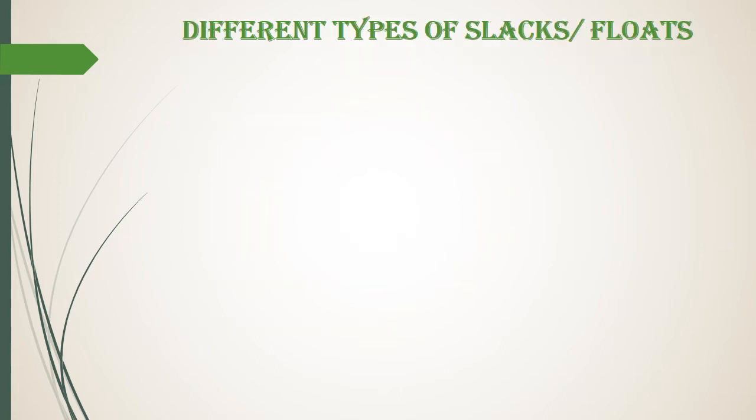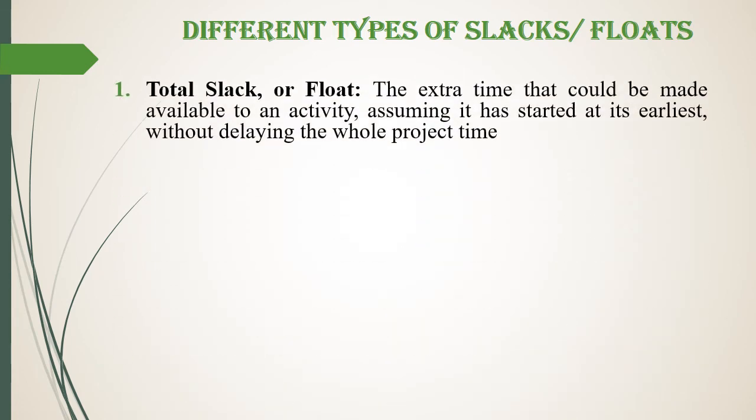Next, an important term in connection with the critical path method is slacks or floats. Now we have to study the different types of slacks or floats. The first one is total slack or total float. It is the extra time that could be made available to an activity, assuming that it has started at its earliest, without delaying the whole project time. It is calculated as total slack or total float, TF or TS, is equal to LF minus ES plus D,